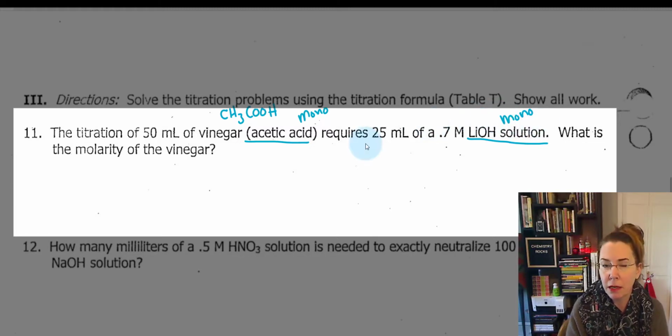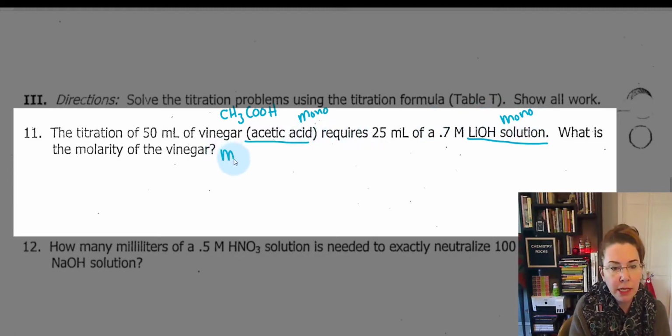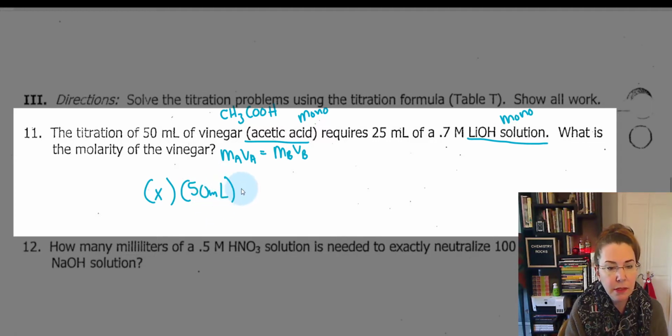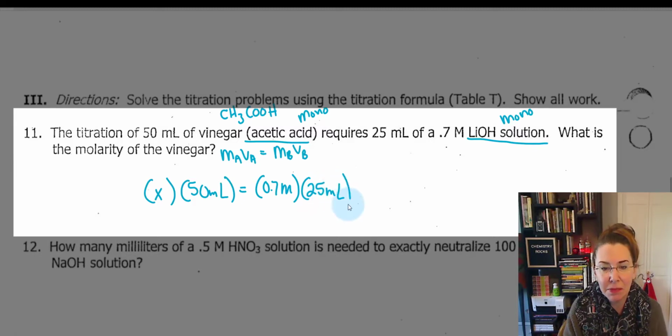So since they're both mono, I don't have to do anything beyond using the MAVA equals MBVB equation as written. So my molarity of my acid is my unknown. My volume of my acid is 50 milliliters. My molarity of my base is 0.7 molar. And my volume of my base is 25 milliliters. Okay, and when I work this out, I am going to get 0.35